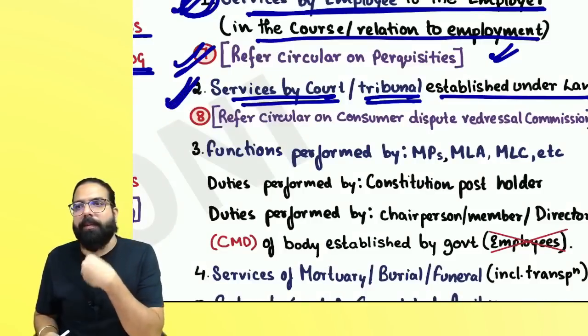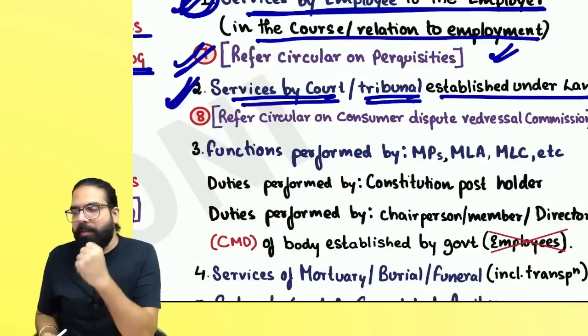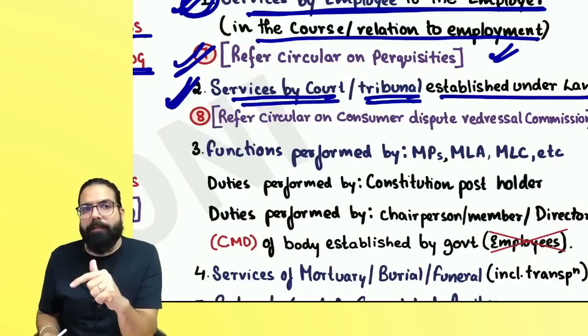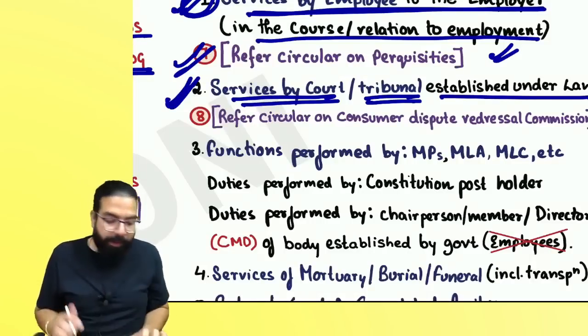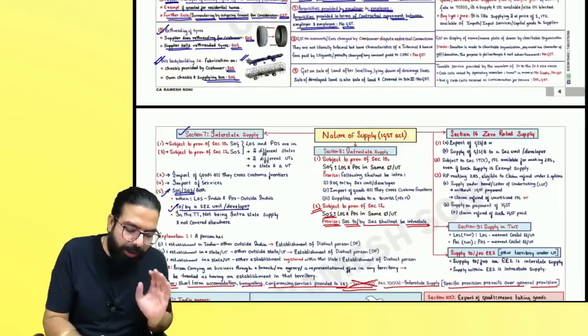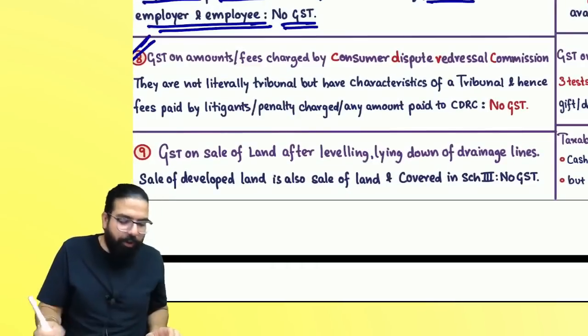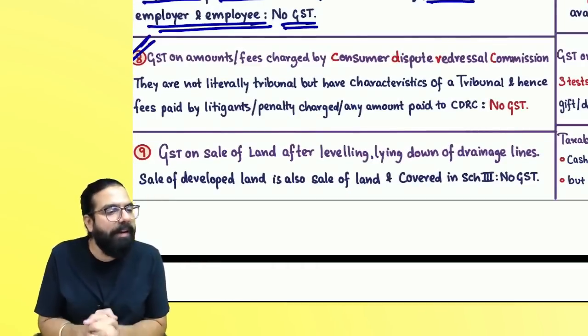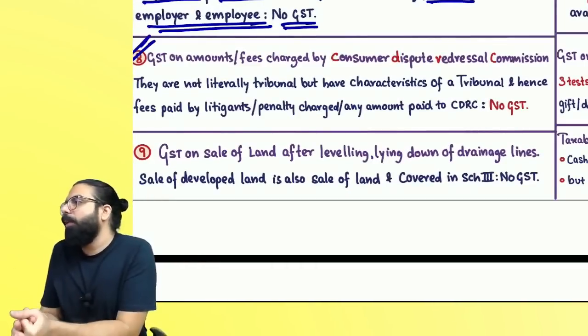Court or tribunal services are neither supply of goods nor supply of service. Which tribunal? Court or tribunal which are established under law. The next one is refer circular on CDRCs. Remember one thing, Consumer Dispute Redressal Commission, CDRCs. They are not tribunals, but they are like